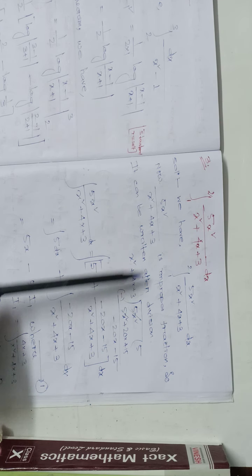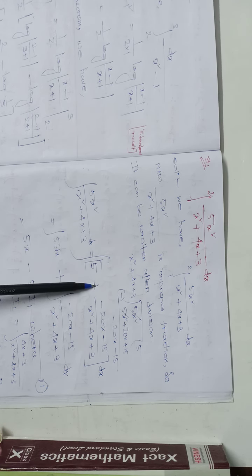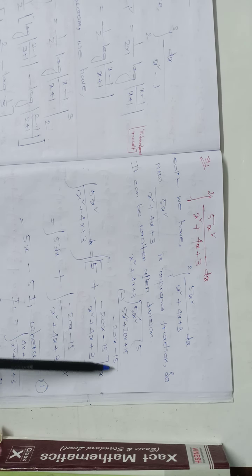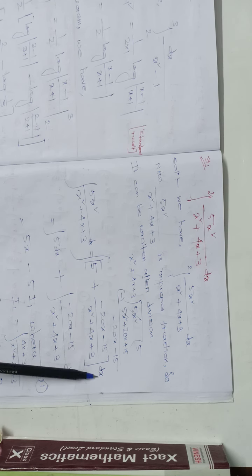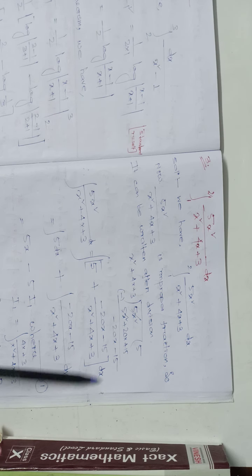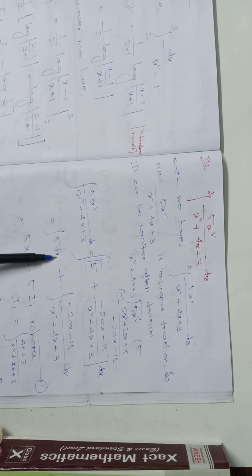After dividing, this reduces to 5 plus remainder, which is (minus 20x minus 15) by (x square plus 4x plus 3). Integration of this. Now splitting the integration term, integral of 5 dx plus integral of (minus 20x minus 15) by this. Now the integral of 5 dx is 5x, minus 5 I1, taking this as I1. So I1 is this. Now I1 we can split as partial fractions.